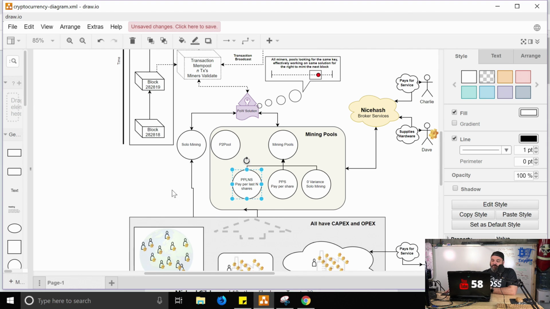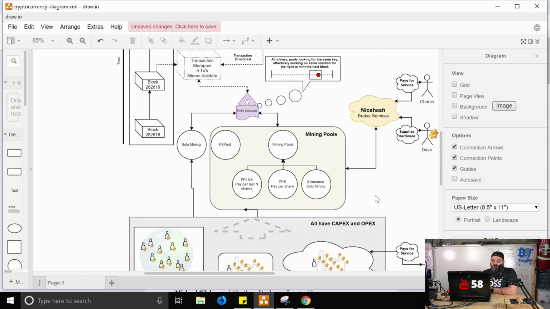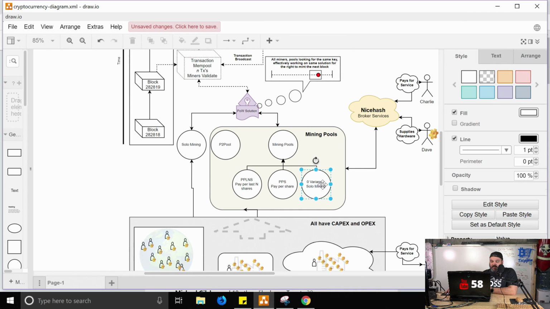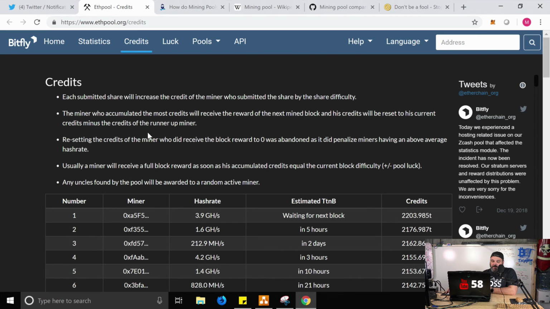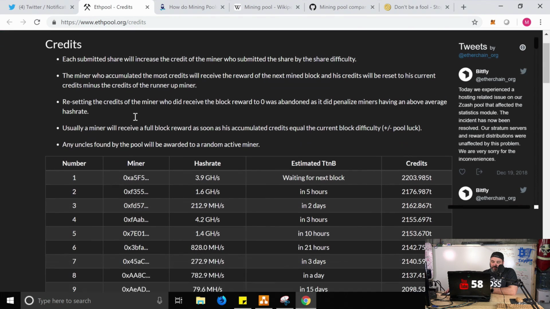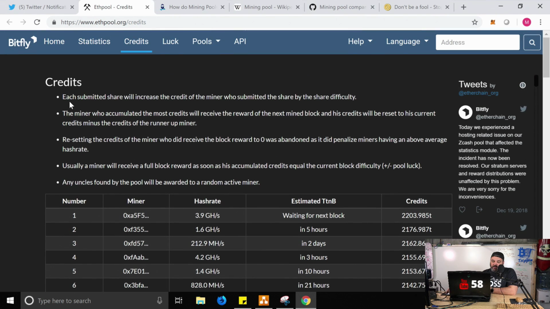You have zero variance solo mining, where you have... PPLNS is the way to go. I've always had very good luck with PPLNS. Then you have essentially zero variance solo mining. Zero variance solo mining is essentially what you see with like ETH pool, where each share submitted will increase the